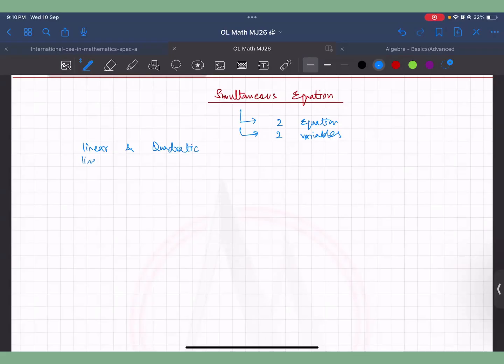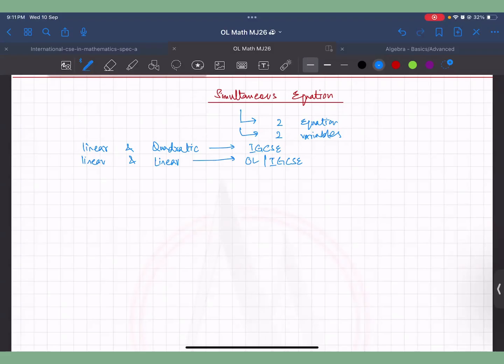And you can get a linear equation and a linear equation. The O level people get only the linear thing. The IGCSE people get the linear and quadratic one as well. But there is no difference in the logic behind it. In both situations, you do it the same way. The logic is the same. Everything is the same. Just the complexity for the IGCSE when you have a linear and quadratic is a little bit more. But overall, it's the same logic.